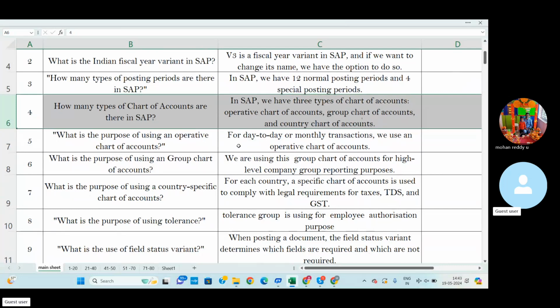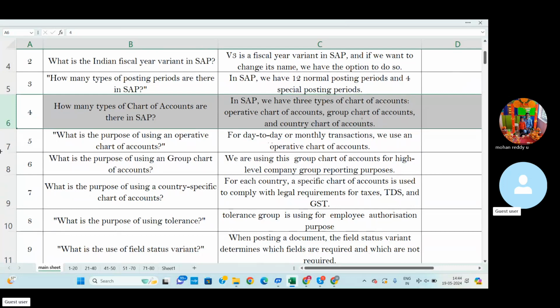Operative chart of accounts is nothing but what we use for day-to-day regular transactions, for example daily or monthly transactions. Using this operative chart of accounts, we can post to each and every GL account, like customer related transactions, vendor related transactions, regular expenditure and miscellaneous expenditure.